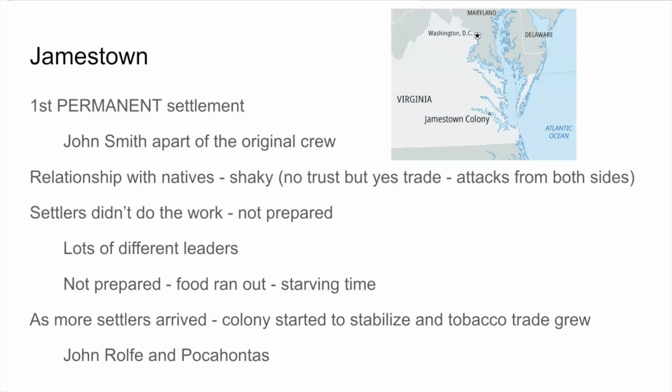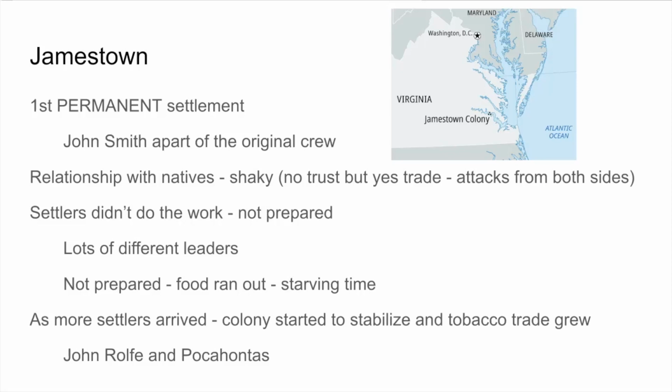So, Jamestown, Virginia, the colony right there on that map, is the very first permanent settlement in what we would call the United States from the English point of view. That's their first settlement that they established. John Smith, John Rolfe, Pocahontas. Those are some fancy people that we've heard about in the different Disney movies. They were a part of this time period and this colony.